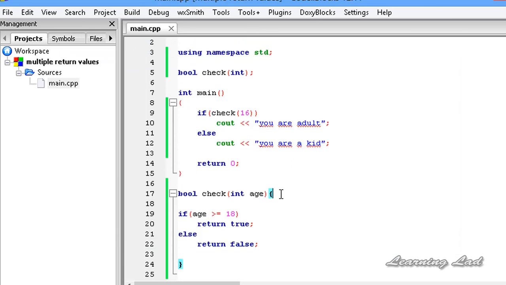Alright, so now the important thing is, you can use as many return statements as you want in your function, but make sure that only one return statement is executed in the program flow. And also, using a return statement you can only return one value. So if you want to return multiple values, then you need to use pointers, by returning the